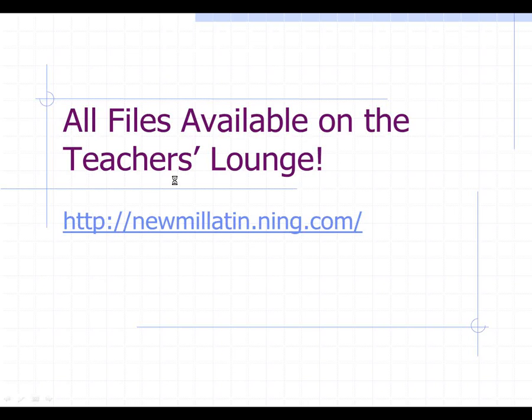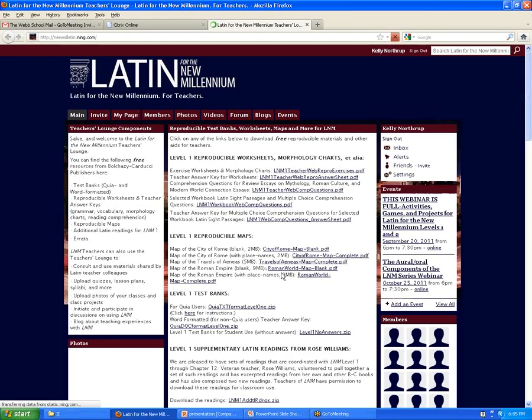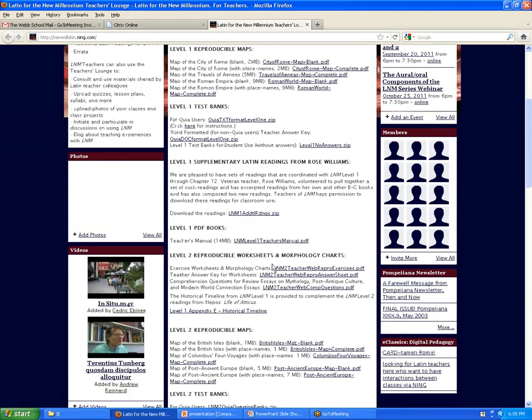So I do want to just show you quickly, if I can get my computer to cooperate, where these things are in the Teacher's Lounge. Okay, so they're down at the bottom.